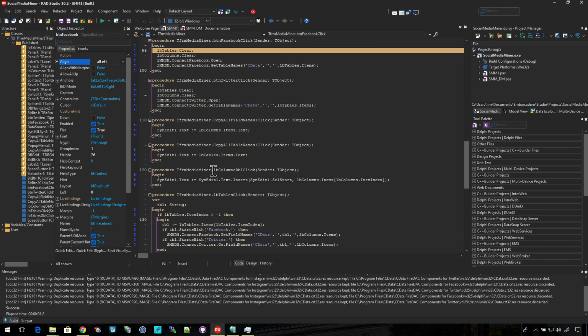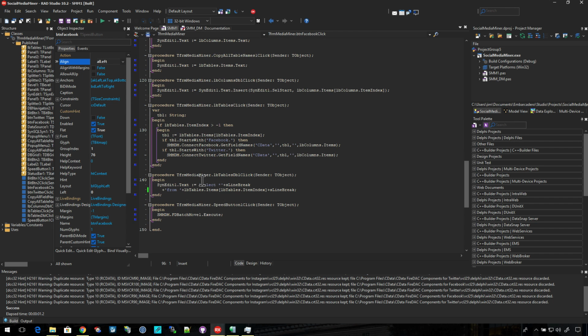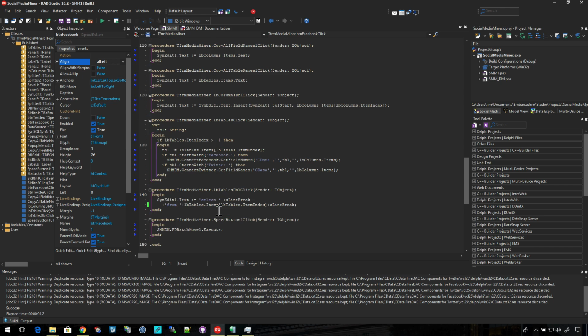And then as soon as you click a table, if it's Facebook tables, then I get it from Facebook. If it's Twitter tables, I get it from Twitter, and I get the columns for that table. And then if you double click on a table name, then I just create a little sample query there for you. It's a select all. And if you double click on a